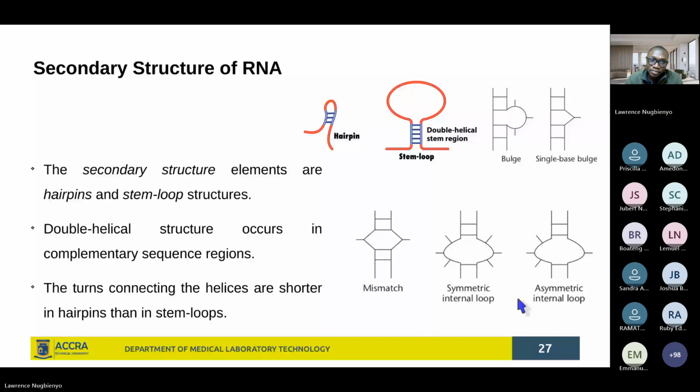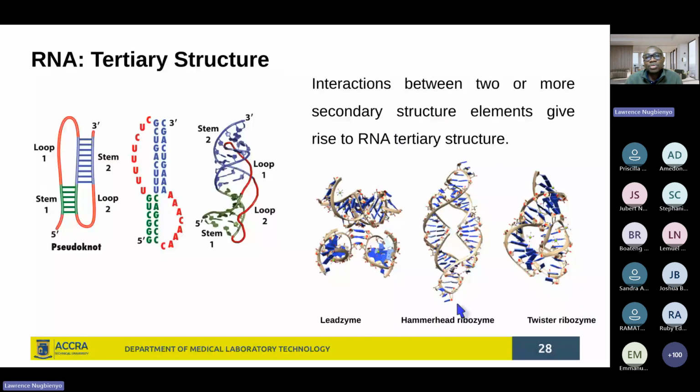Now, when you have an RNA molecule that has more than one secondary structure in it, what you have is a tertiary structure of RNA. So the tertiary structure of RNA is an RNA with more than one secondary structure in it. So for instance, what we see here,